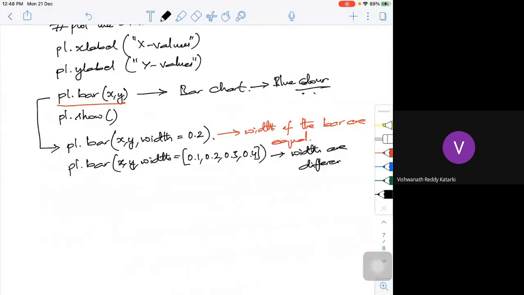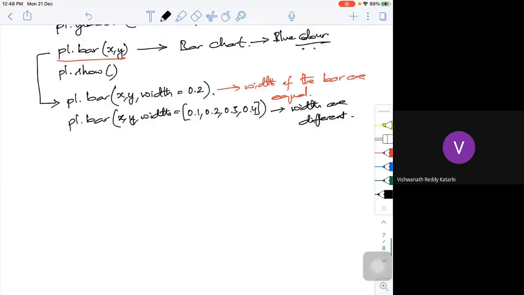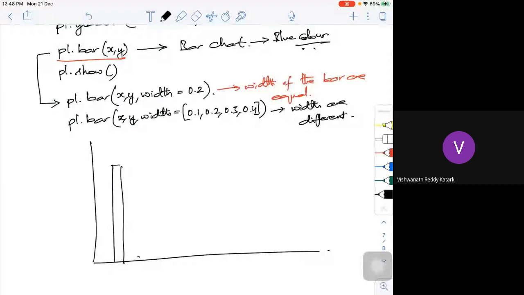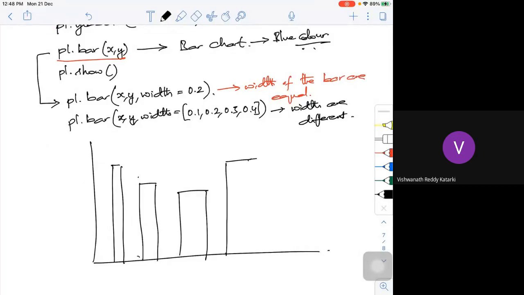The first one will be of this width, the second one slightly bigger, the third one some more bigger, the fourth one some more bigger. So this is 0.1, 0.2, 0.3, 0.4. This is how you will get it.